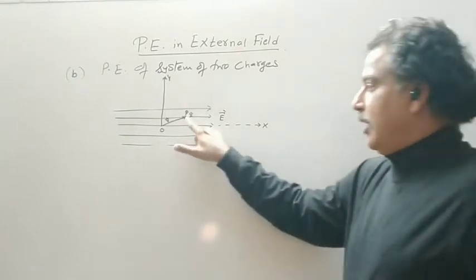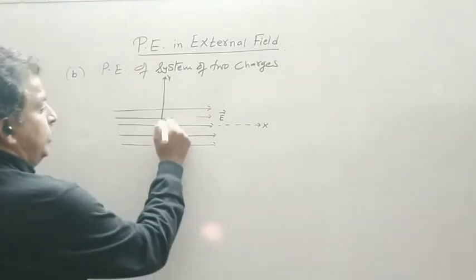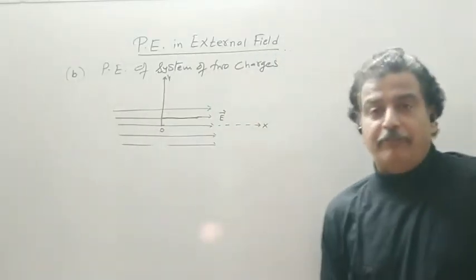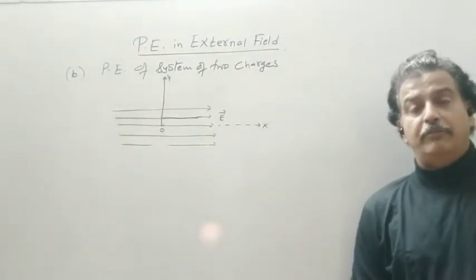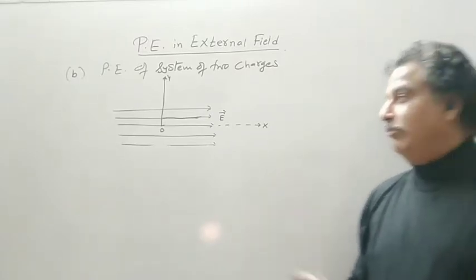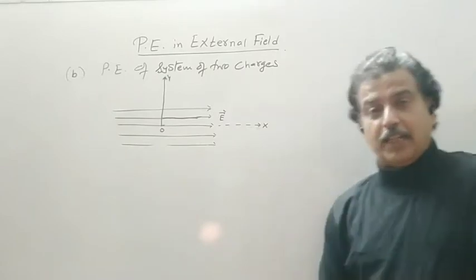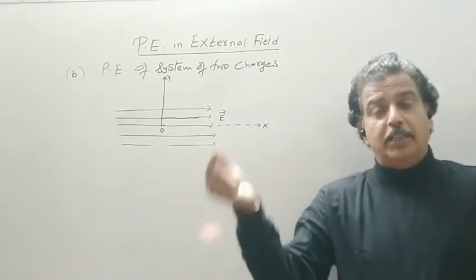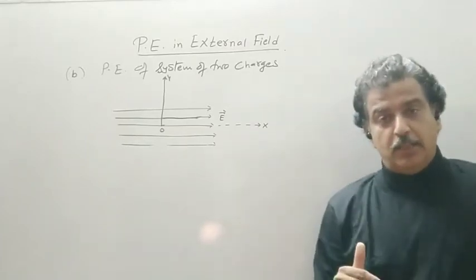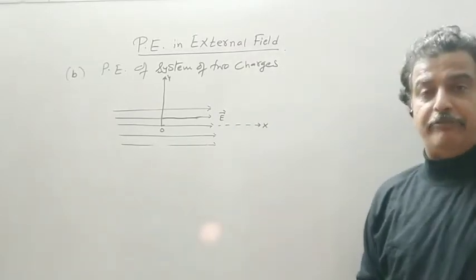Now in the place of one charge, we have to bring two charges from infinity to the points in an external field. The rule is simple. First we have to find out the potential at a point. Now when we bring the first charge, we have to do the work against this electric field. Then when we bring a second charge, the work should be done against that first charge as well. The work should also be done against the external field.